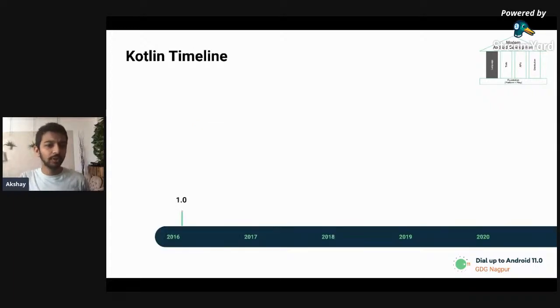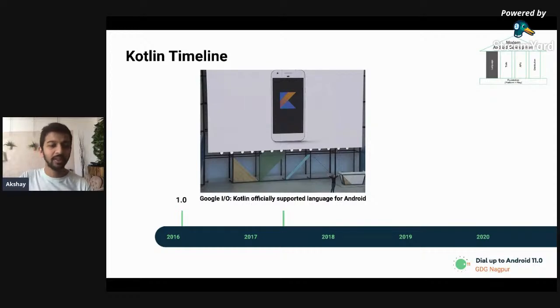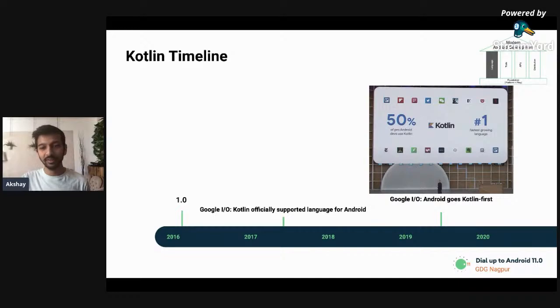So the timeline of Kotlin looks something like this. In 2016, there was 1.0, where people already started using it, and some of the companies around the world had started using Kotlin. And in 2017, Google saw that developers were loving it, and then they made Kotlin the officially supported language for Android. And since then,